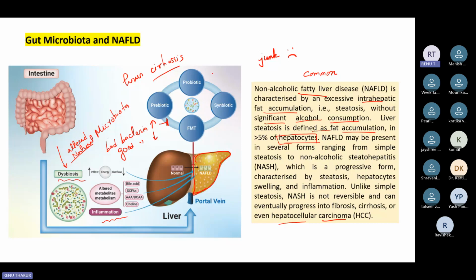So what are the therapeutic approaches? These are the therapeutic approaches. You can have prebiotic, you can have probiotic and symbiotic and FMT, fecal matter transplant. So you can have any of the options. We will not discuss this in detail in this module because we have to individually focus in module 4 on what treatment options are available if we are having dysbiosis. So we will not waste our time on this one. We will understand the pathogenesis of different diseases related to the altered microbiota or dysbiosis.